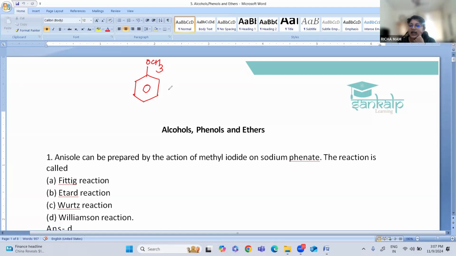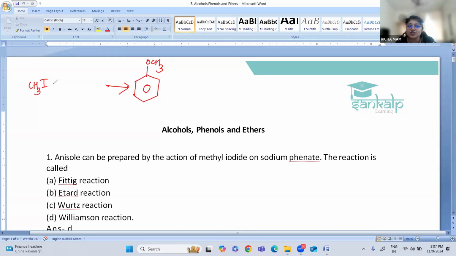So this is called anisole, methoxybenzene. So how can you prepare anisole? They are saying it can be prepared by the action of methyl iodide, that is CH3I,